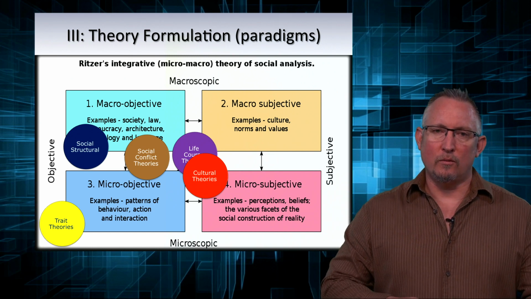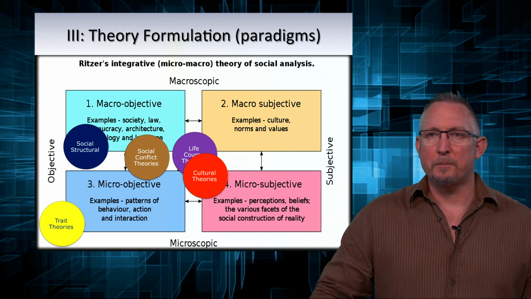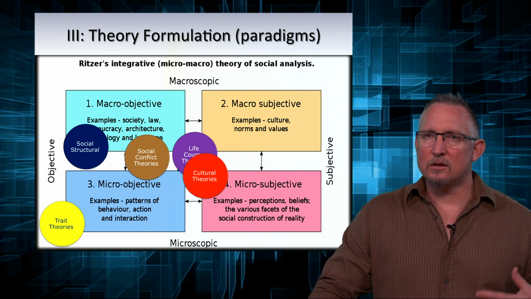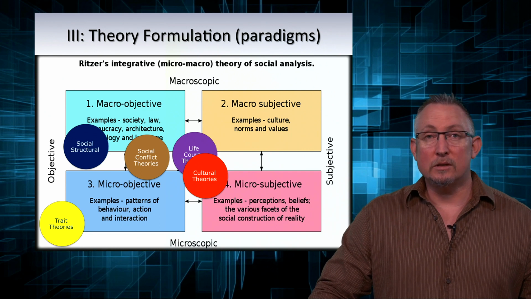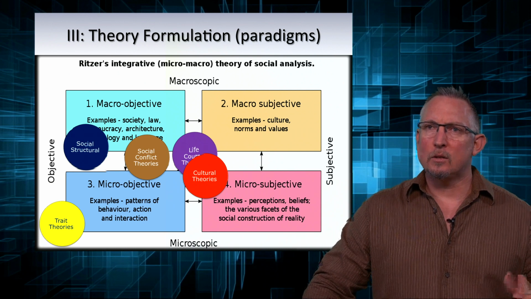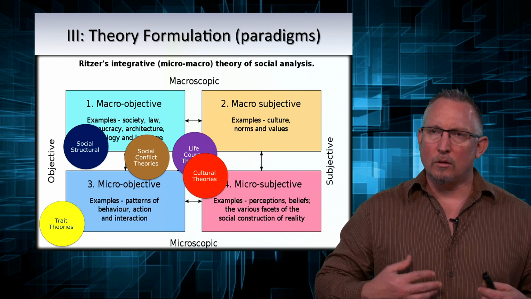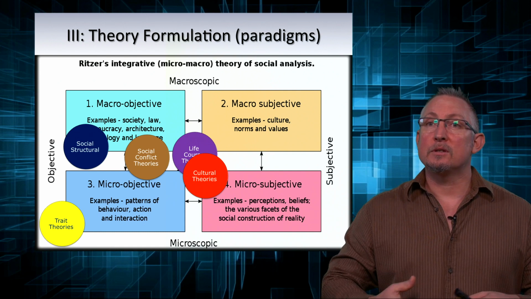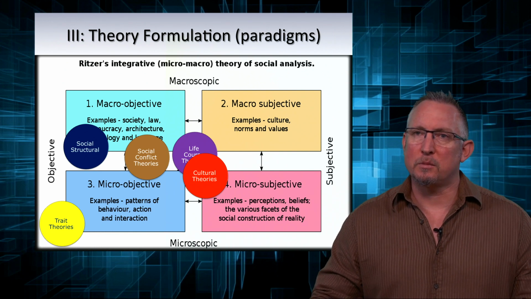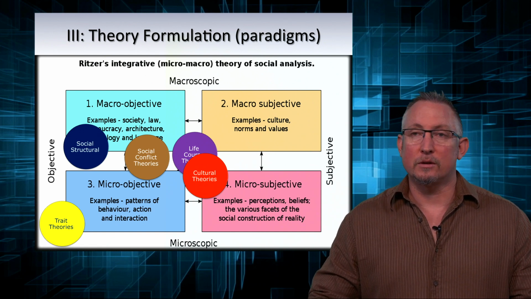Way down the road in week 12, we're going to read a great chapter by a guy named Jack Katz in a book called Seductions of Crime, called Ways of the Badass, where he looks at the phenomenology of what it means to learn to become bad. In some ways, the chapter is quite amusing. In some ways, it's quite serious because he really highlights the way in which these are learned social behaviors. So cultural theories put people's perceptions, their phenomenology of daily experience, at the foreground in terms of explaining why some people and not other people, for example, might become involved in more serious or violent offending.